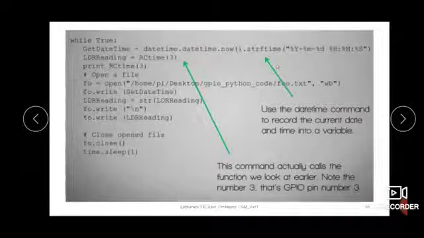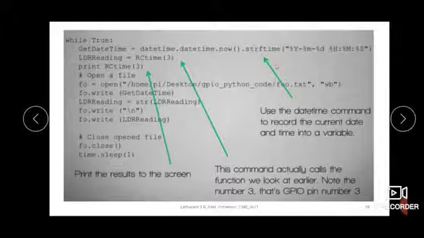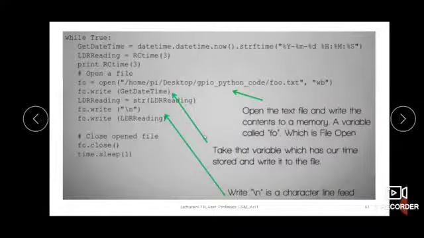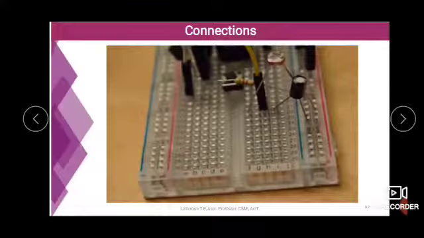Okay, this is the same explanation I just gave you. These are the connections, how it is made on the board. This is the light dependent resistor and capacitor. One end is connected to the ground, the other end is connected through this wire to the Raspberry Pi, and the capacitor is connected.